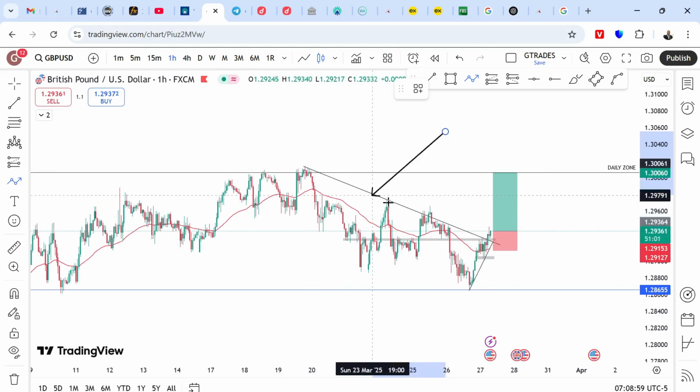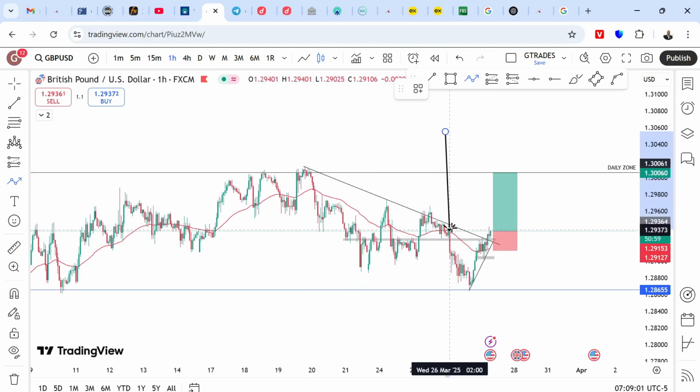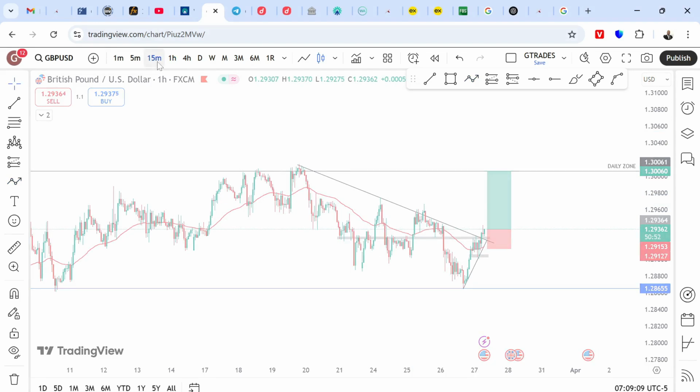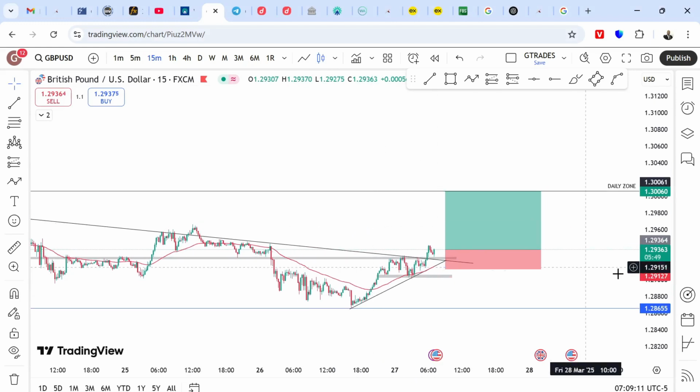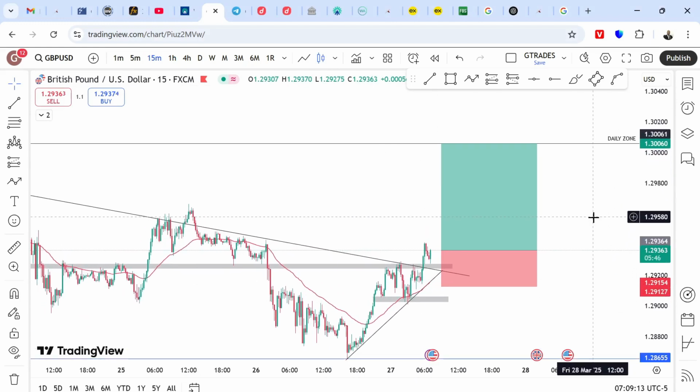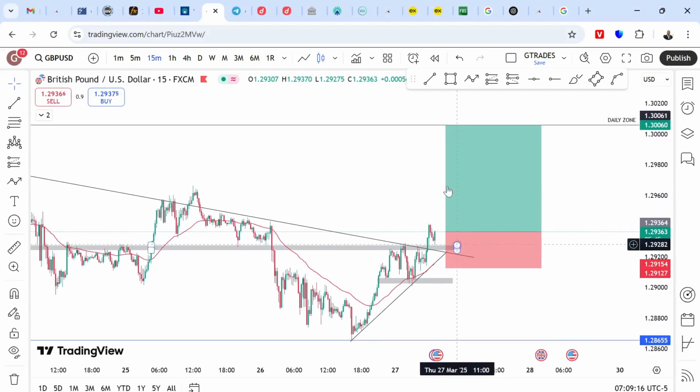Whenever price has been bouncing off of the trend line so many times, it weakens the trend line. So watch out for that trend line. It's going to get broken any moment from now. And the moment the trend line gets broken, that is a sign for you to go in for either a buy or sell. Now, you can't just go in at the moment price breaks. You need to wait for that retest.